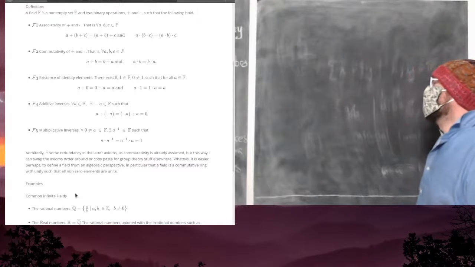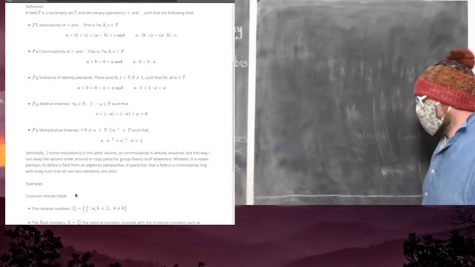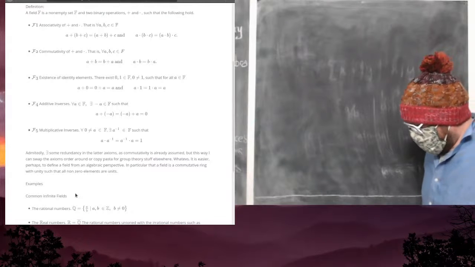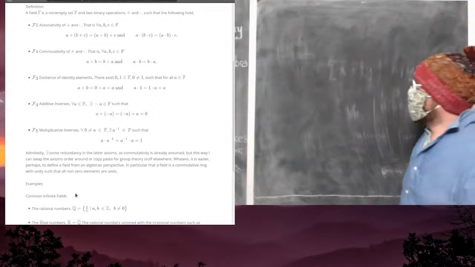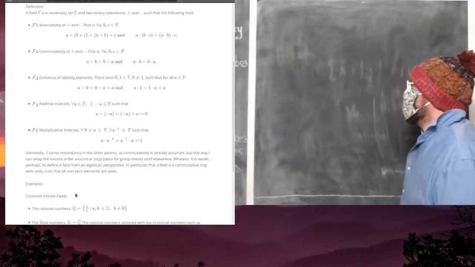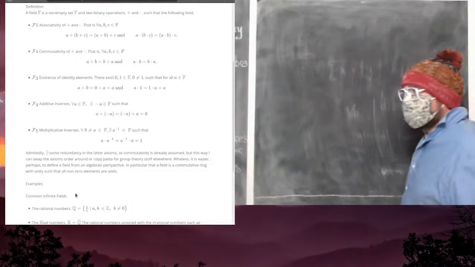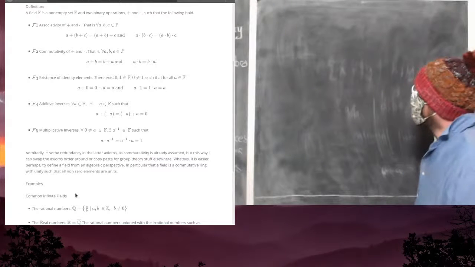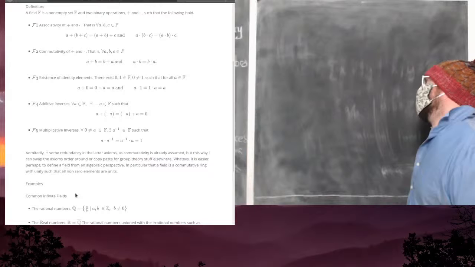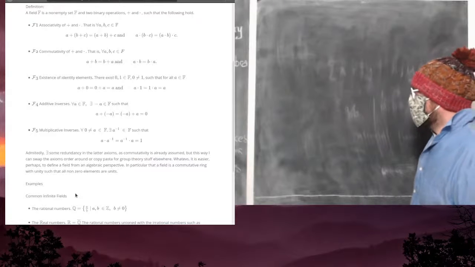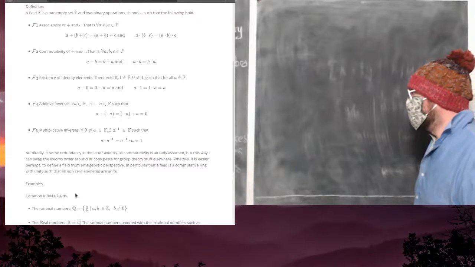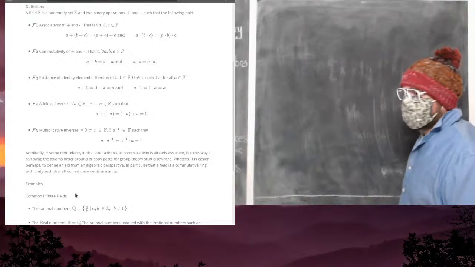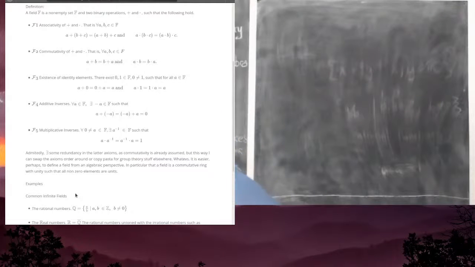So that's fields. The most important thing about fields is that we can always multiply away stuff and get back to 1, and we can always add stuff away and get to 0. What 0 and 1 are will fluctuate depending on where we are, as we'll see here in a little bit. But overall, it's pretty straightforward. Fields, they're just kind of in the background. But they're important. They're there because, as we'll see,